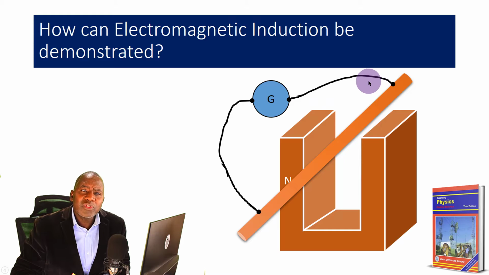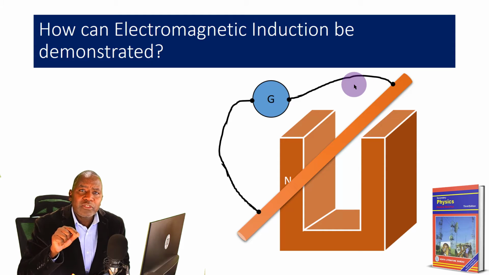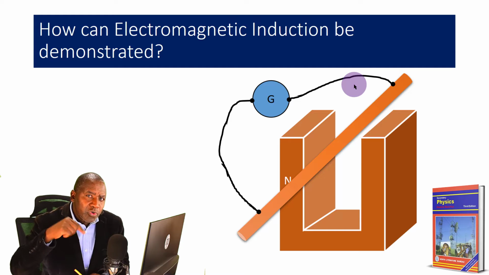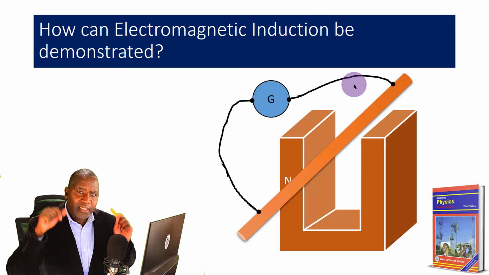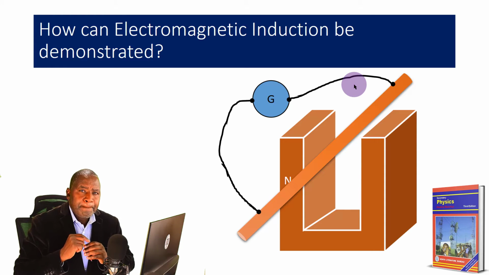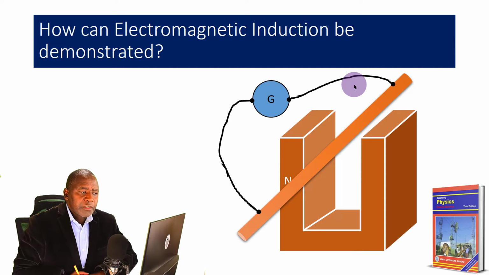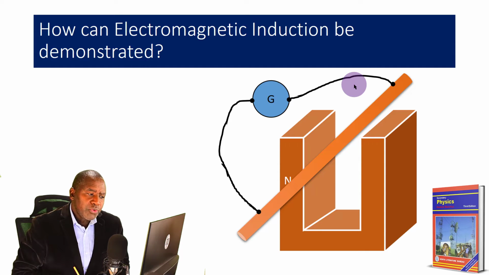What causes current to flow? Voltage, or electromotive force, EMF. So somehow the movement of the wire has brought about an EMF in the circuit, has created an EMF in the circuit, in quotes. So we are going to conclude one thing,